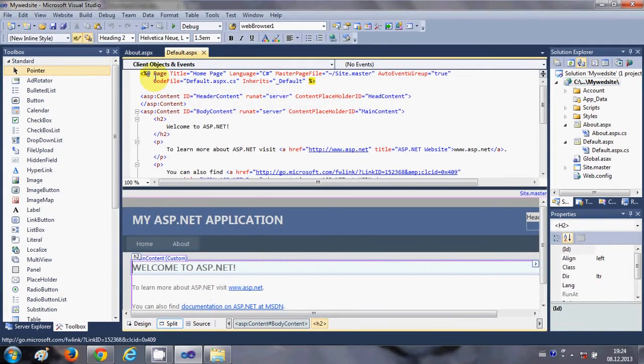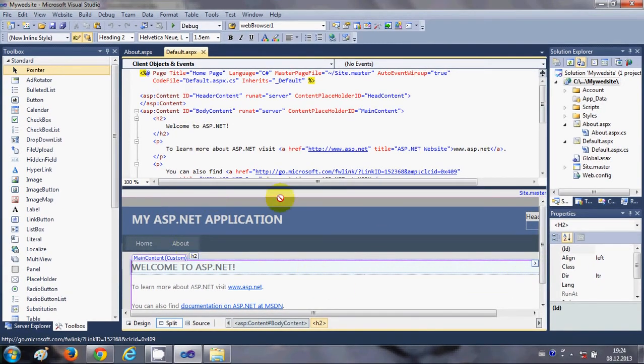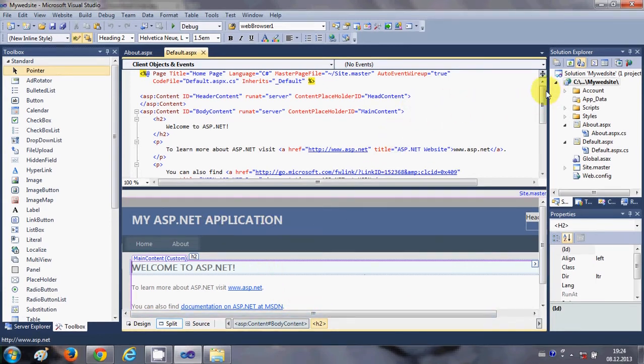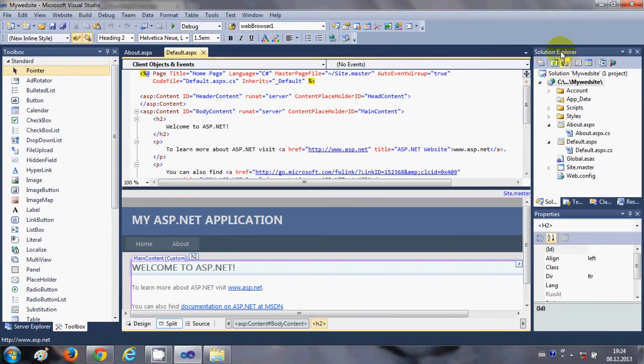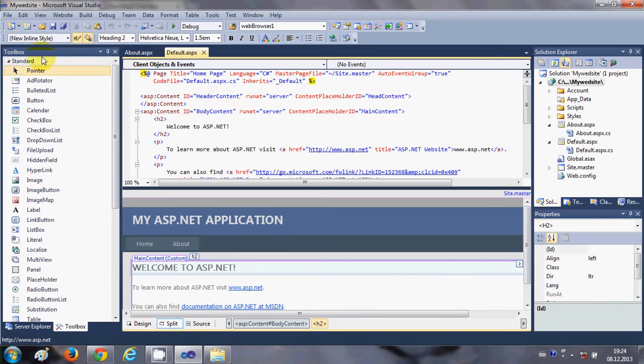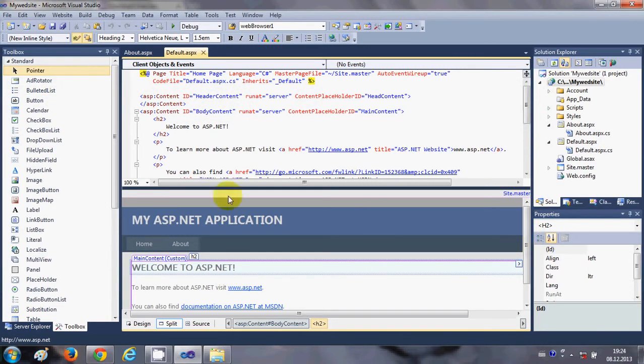When you click the split, it will show you the source code and whatever is the outcome of your source code in the form of design, you will be able to see here. Now I have by default the Solution Explorer open, this property explorer open, and this toolbox open. And if you are not able to see these